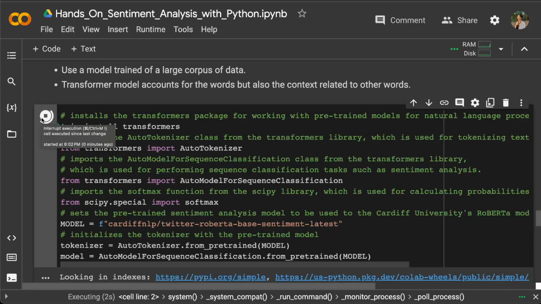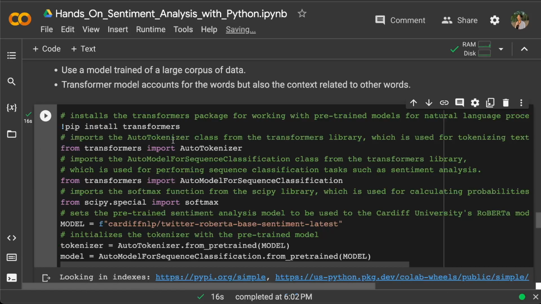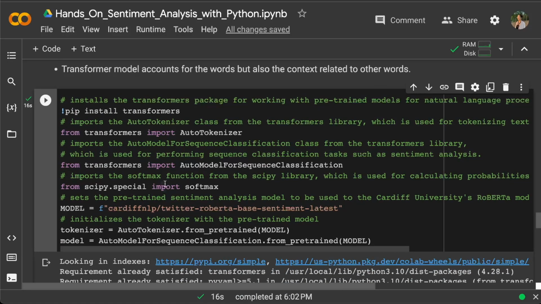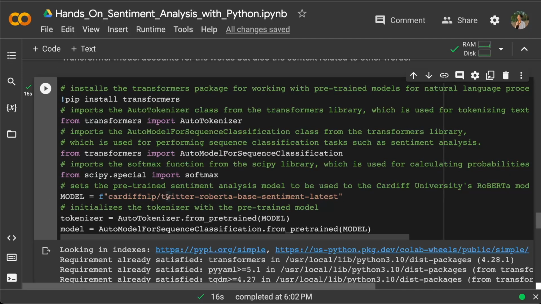We're installing the transformers package. If you know about GPT, you will know the T stands for transformer. So from transformers, we can import the tokenizer and the sequence classification model. We're also going to use the softmax function from the SciPy library, which is used to calculate the probabilities. We are using the model that was built on Twitter data, and we just initialize the tokenizer from the